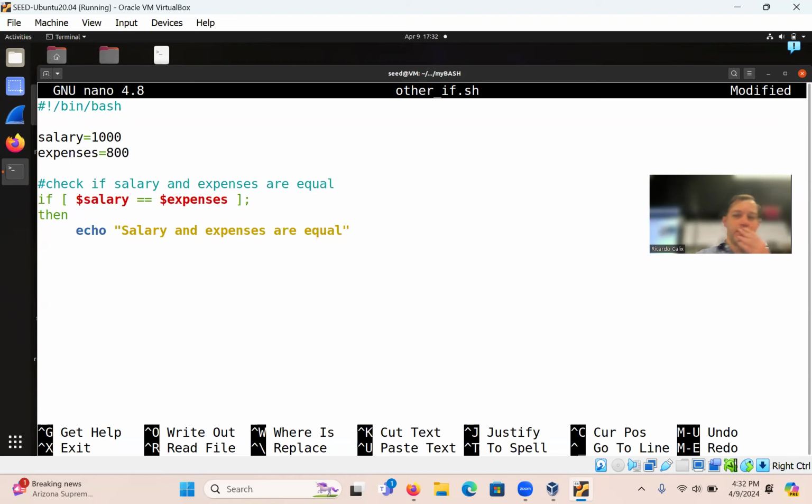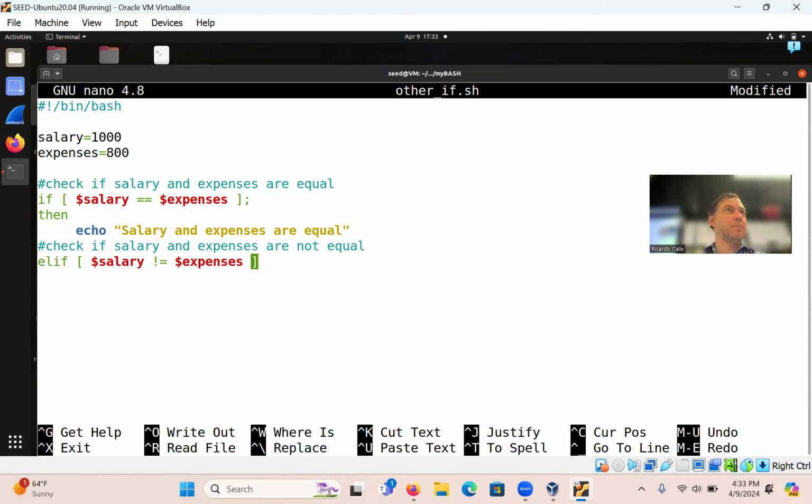Okay. Then we're going to add another comment here. Check if salary and expenses are not equal. Okay. So again, elif, at the square brackets, space, salary, not equal to expenses.